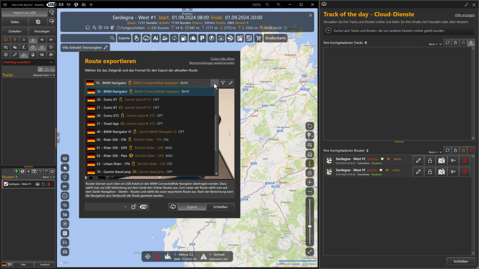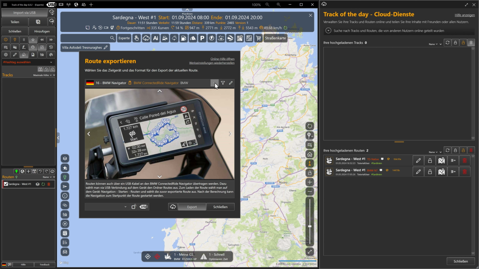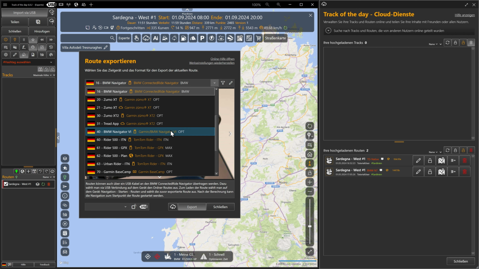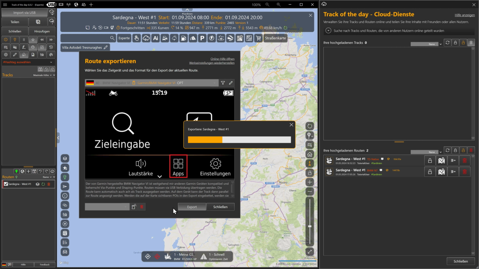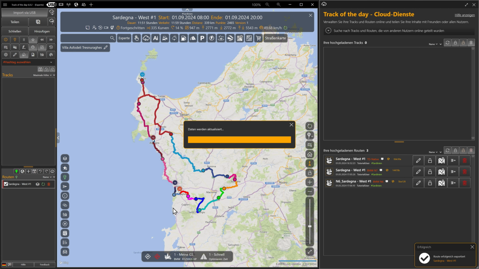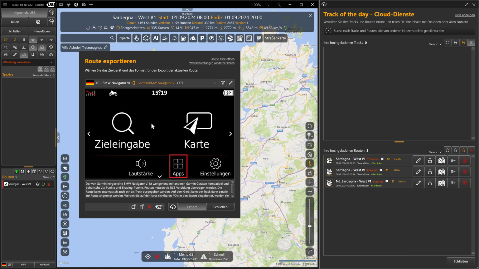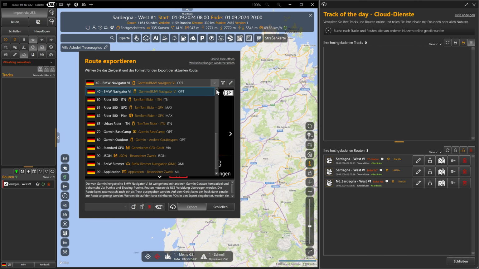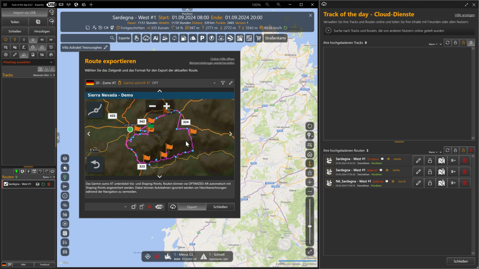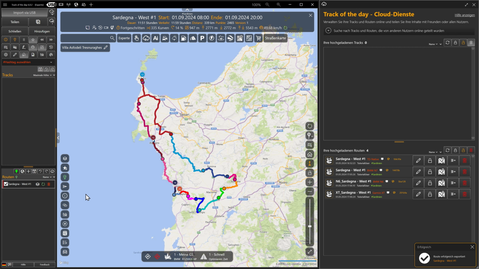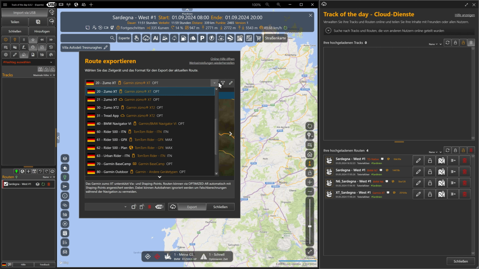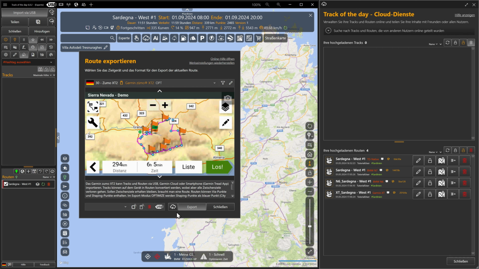It should be noted that this form of export is not yet supported in version 6.0.2 for Garmin Basecamp and TomTom devices. After exporting, we see in the cloud that the route is displayed in different export formats. Participants who download one of these routes via a hyperlink can use the GPX file on their navigation device without any changes.